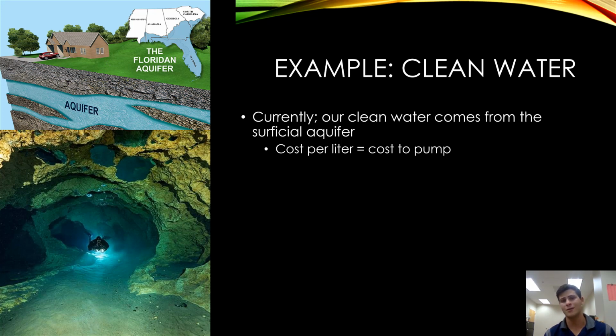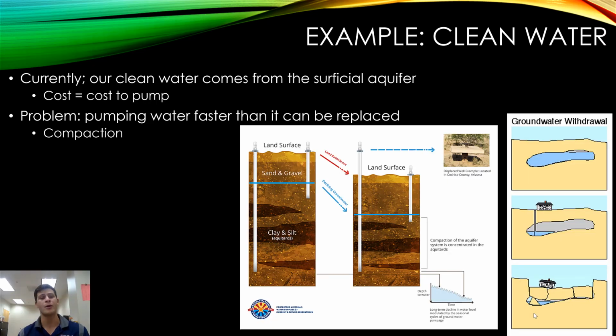So right now, how we access clean water is we simply stick a pipe down into the ground, deep underground, and we pump up the water. So the cost right now is incredibly low compared to what it otherwise would be. The cost right now per liter of water is simply the cost to pump the water out of the ground, which is really, really cheap. However,